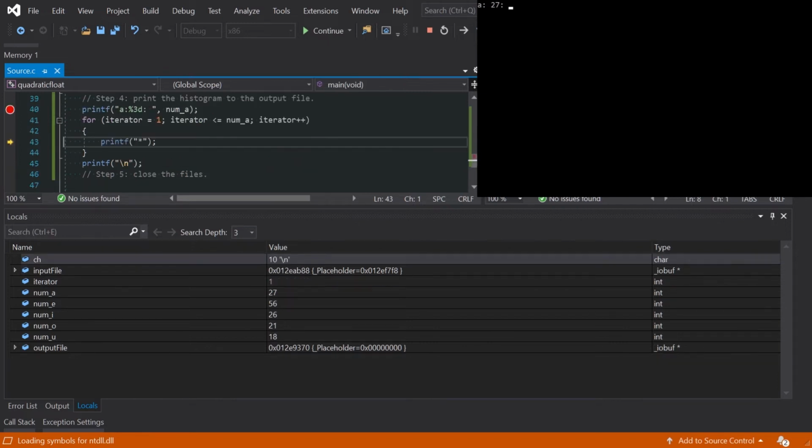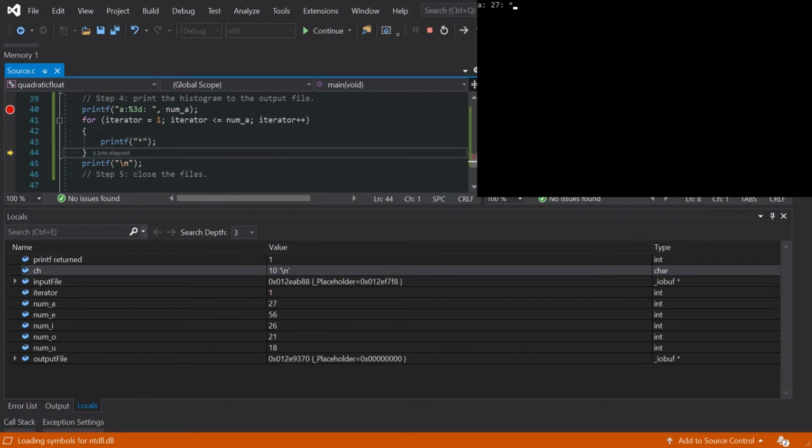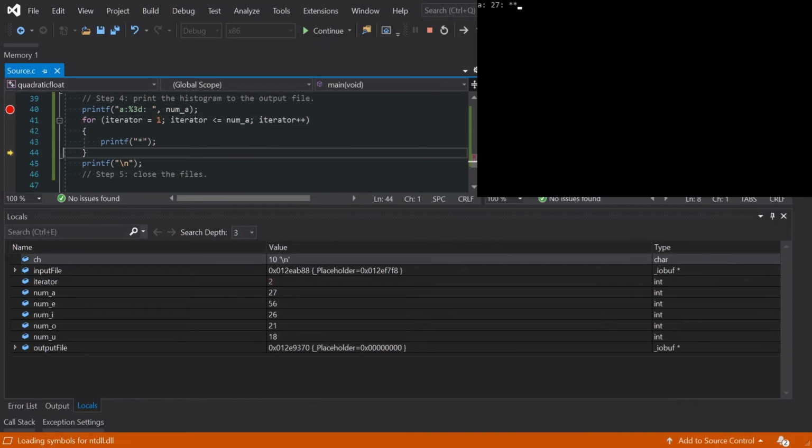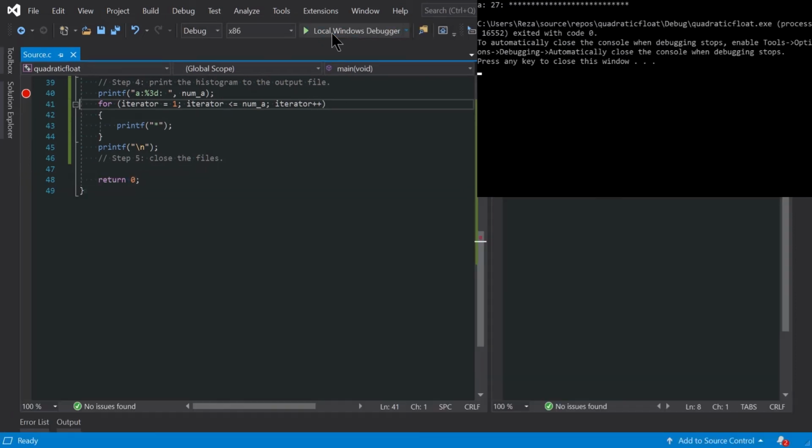After the colon, with the benefit of the for loop, the integer will go from 1 to 27, and we'll continue printing the 27 asterisks on the screen. On the next printf statement, I just put a \n in order to go to the next line for printing the next histogram. To move the output to the file, I just need to change the printf function to fprintf